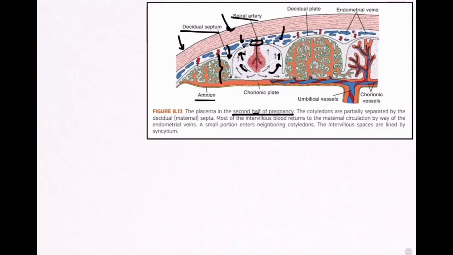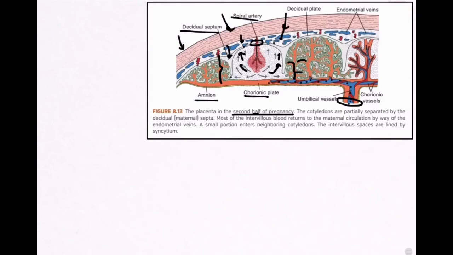This is the amnion that is fused with the chorion. This is the umbilical vessels. This is the umbilical cord, by the way. And these are the umbilical vessels that are developing in the umbilical cord. We've got 2 umbilical arteries and 1 umbilical vein. More on that later. So these are the umbilical vessels, and you can see that branches from the umbilical vessels are basically going to contribute here to form the fetal capillaries, right? So now you've got the maternal side coming from here, you've got the fetal side coming from here, and I've already discussed the placental barrier in detail, so I won't talk about that again. Okay,